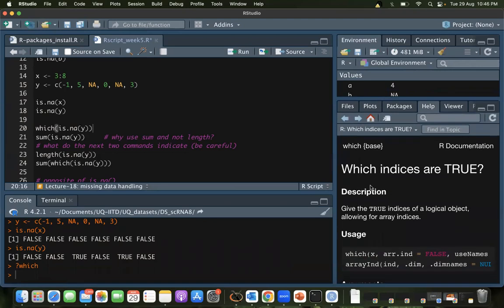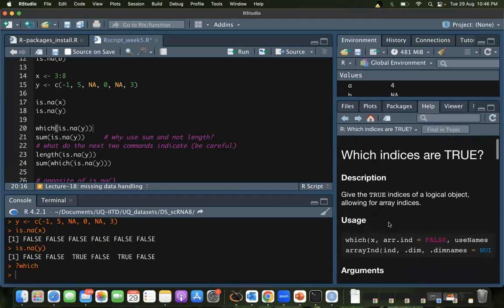So basically, the which function, the which command, what it does is it gives you the true indices of a logical object. Now read this line slowly. So the object that you're giving it should be a logical object. It should be either a single true or false, or it should be a list of true and false. That becomes a logical object.